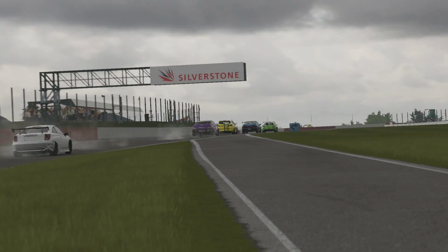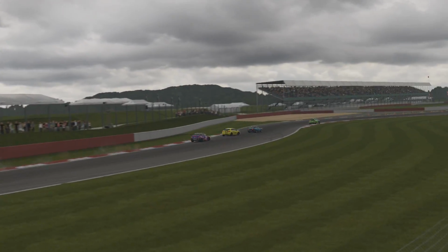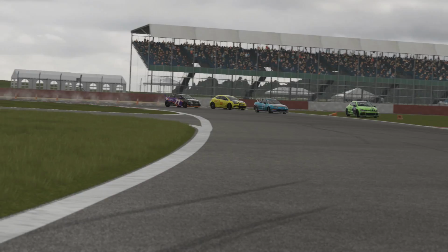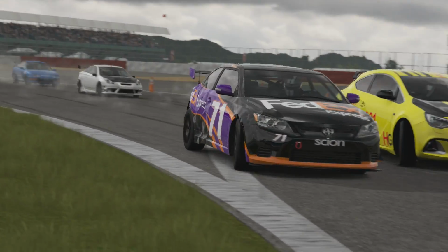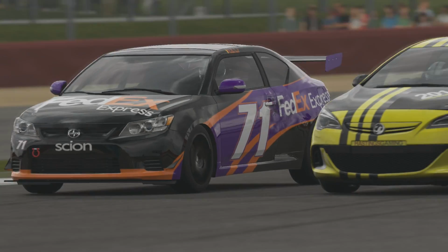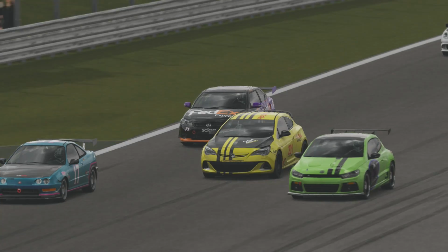I mean, if the camera was sort of looking back from first place, you could probably see back to 12th or 13th down the main straight. That was how close everything was. The Scion was trying to get to the inside of the Astra. The Volkswagen just ran out of grip a little bit, and it's 3 wide down the back straight as they all jostle for position. The Scion, though, was not the quickest of this bunch, but they were all quicker than